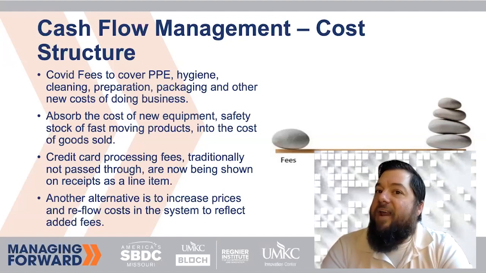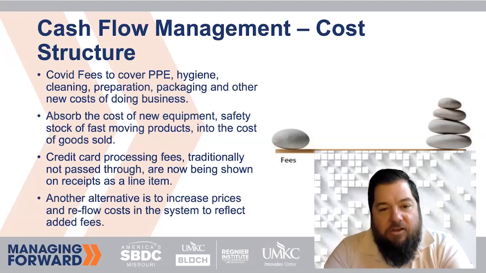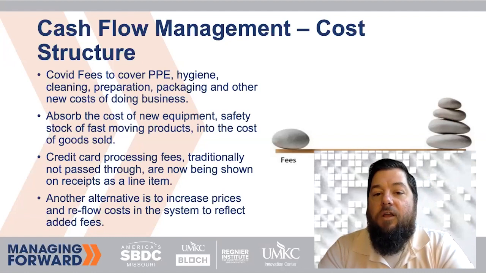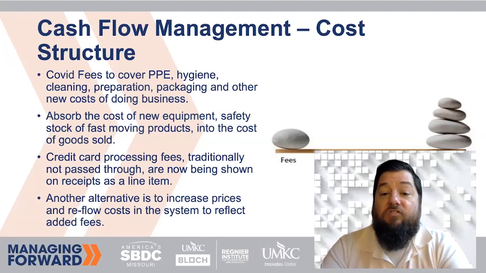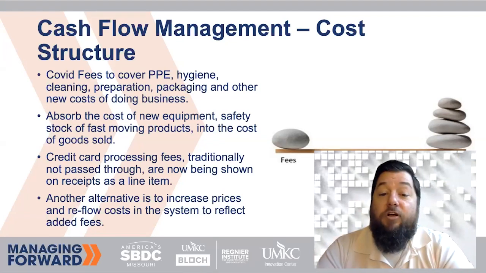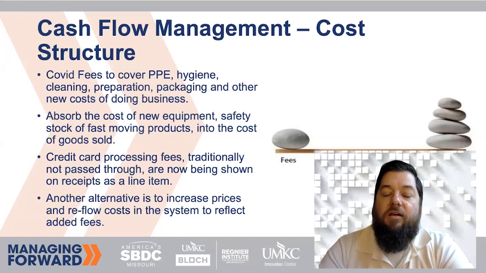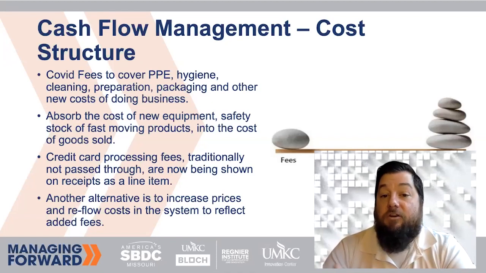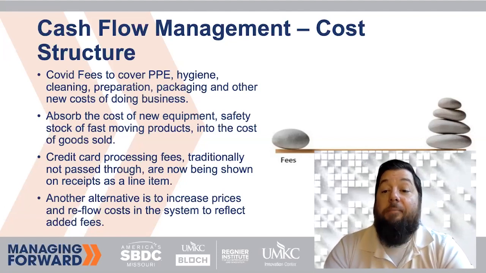And so one thing I thought was really interesting was a restaurant that would choose to add the fee on the receipt but not actually update the menu, right? So it would make sense to update your menu and reflow your pricing, adding that cost into the cost of goods sold. Because the true fact is that if they like your restaurant or your service or your delivery process, they're going to pay for the value added to get that product in the way that they're getting it, okay? And so those fees are a cost of doing business, and they should be represented in your pricing, and you should be transparent about passing those costs on to continue operating business.